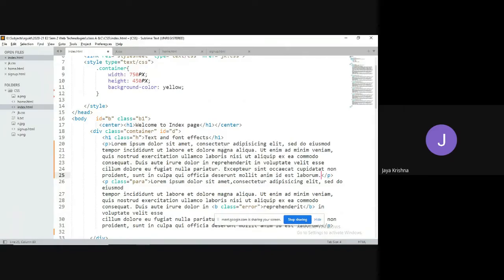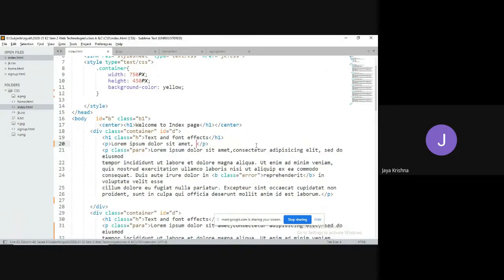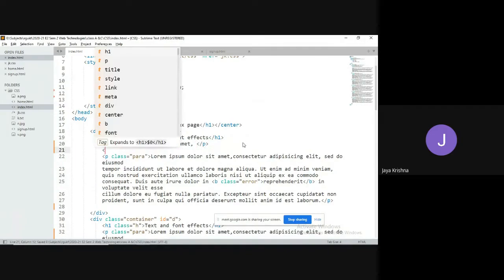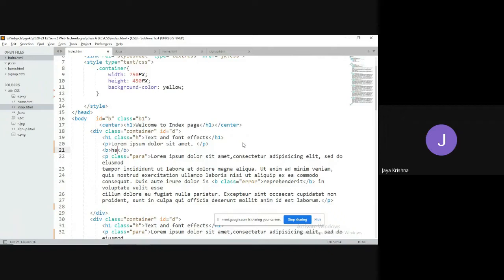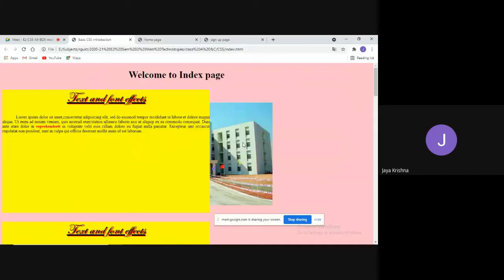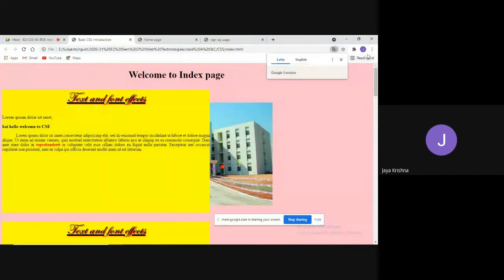I don't want this much data. Hi, hello, welcome to CSS. Did you get the data or not? Yes.